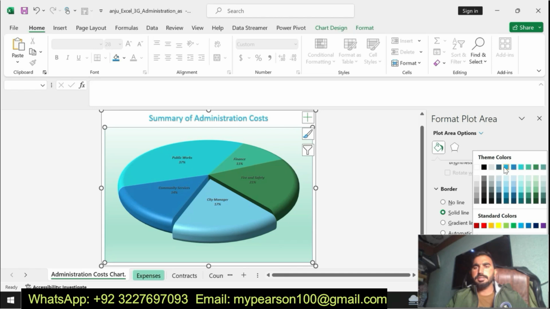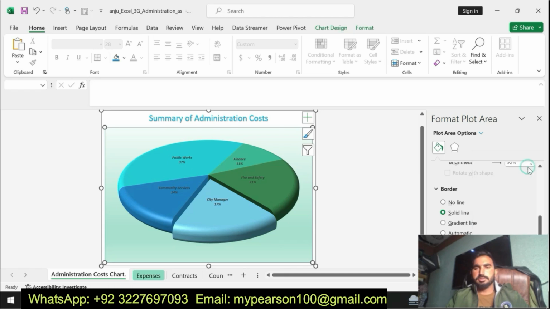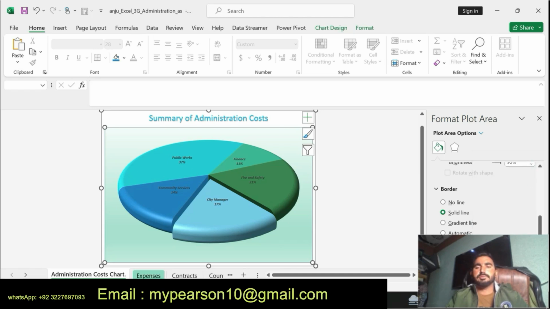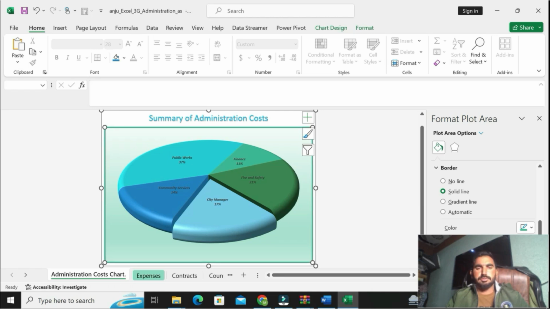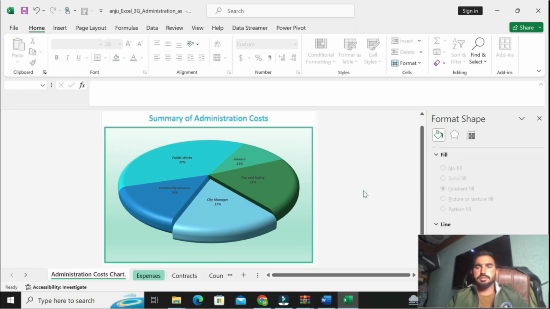Here is our theme color. Here is our chart. You can see I have changed the border line for this chart by changing the weight to 5 point for the border line.